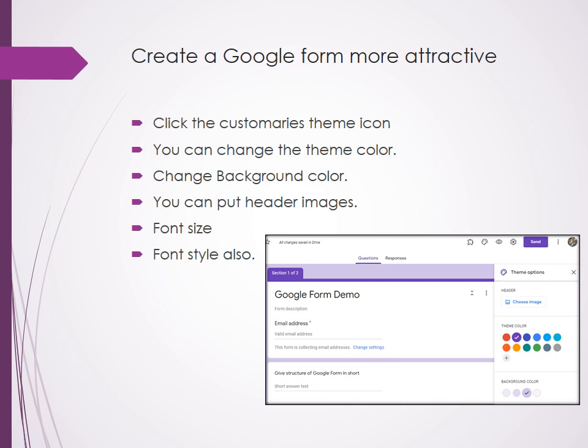You just click on the palette. So the options are there. It is just clicking on it. Here I am showing you the palette symbol. If you click there, you will get this window, and depending on that you may change the colors and other theme options.